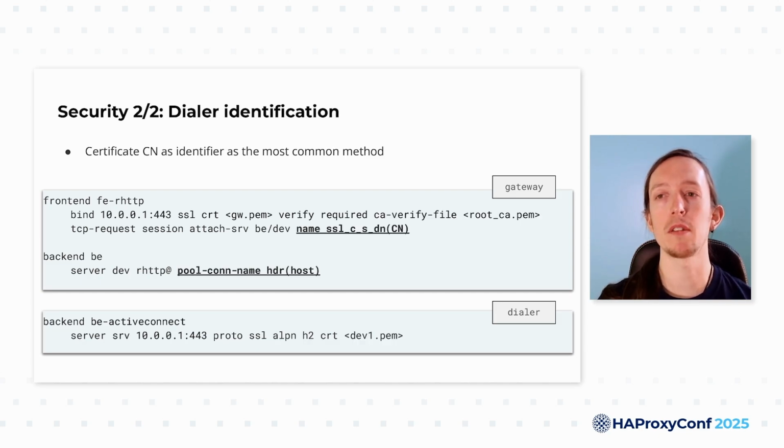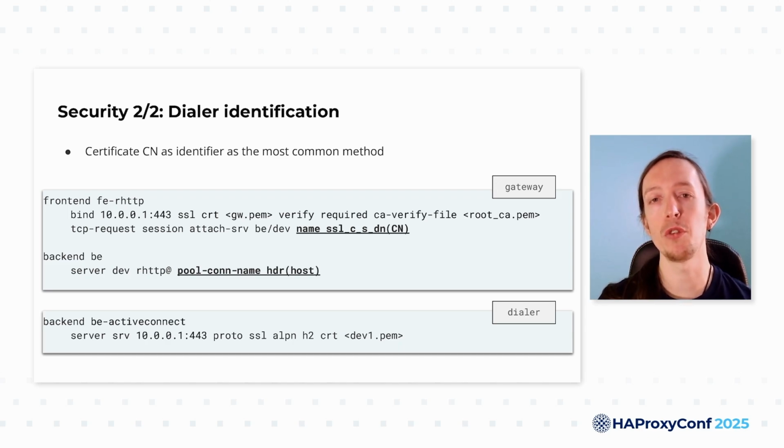A particular aspect of reverse HTTP is that a server which uses an HTTP address can in fact be used to access different physical machines. This is one specificity of reverse HTTP. If these different machines are used to host a similar service, it may not be really a point of problem. But if you want to use different services, each dialer has a specific service, you probably want, as an external user to the gateway, to specify which dialer you want to connect to.